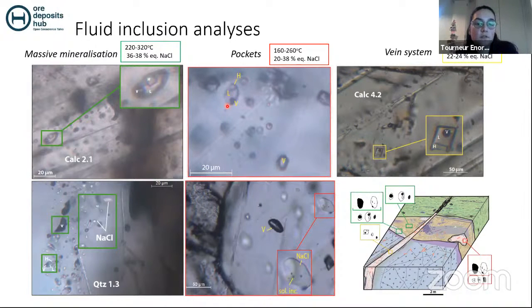So maybe the seawater concentration of chloride can be strong enough to enrich these fluid inclusions initially, but there is now another hypothesis about the precipitation and reconcentration of salt in the mantle during serpentinization. Some scientific work, and I can send it to you after if you want, shows by experimental studies the formation of only NaCl inclusions during serpentinization, because they reconcentrate all the salt with the heating and the dehydration of the mantle during